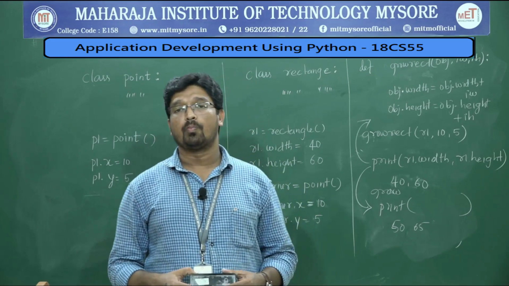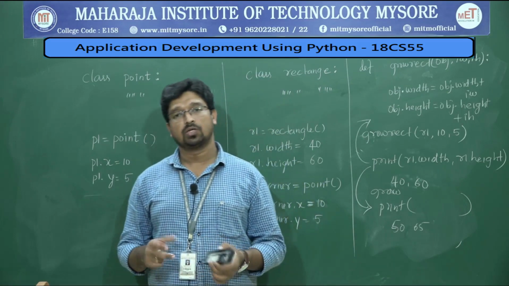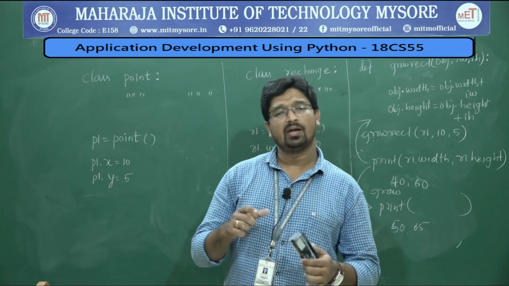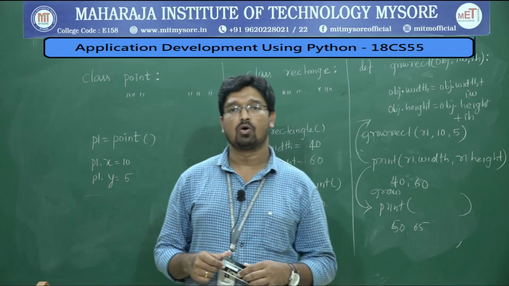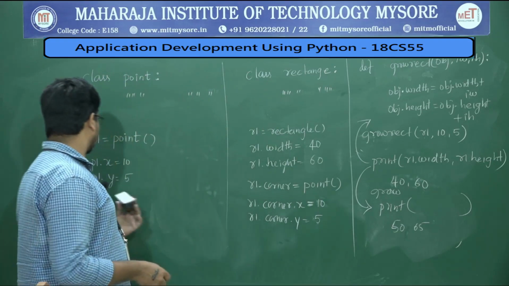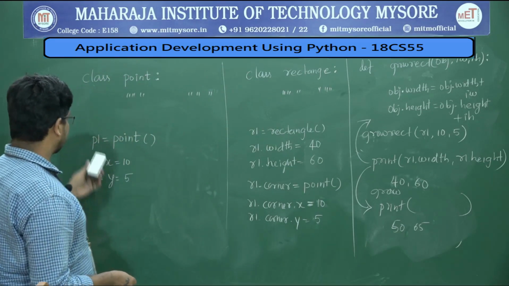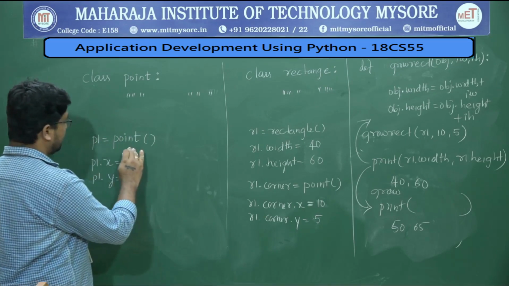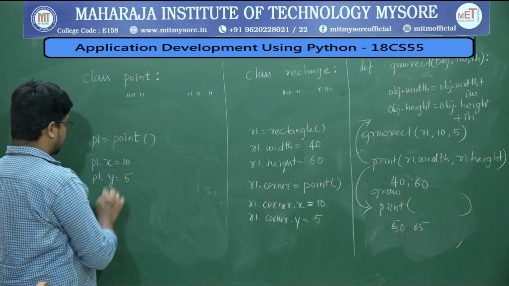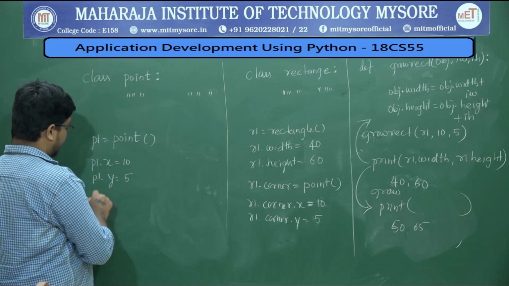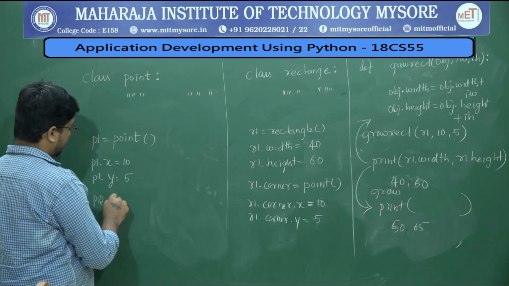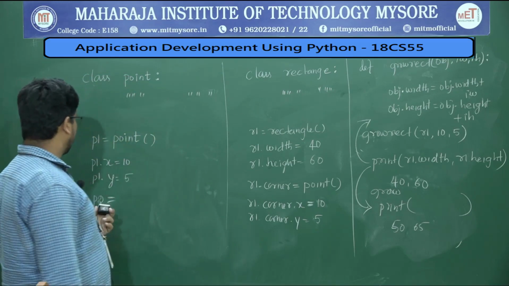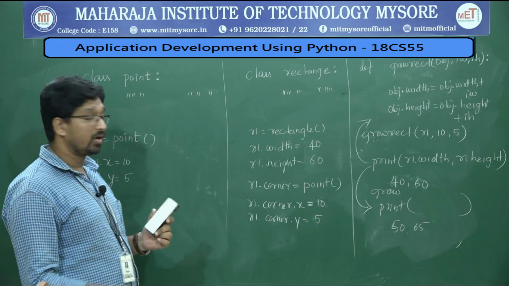Okay, next we have copying of objects from one object to another object. There are two types of copy, shallow copy and deep copy. We will discuss shallow copy and deep copy. Let us say I have a class called Point, then I have an object called P1 where P1.x is 10, P1.y is 5. Let me consider an example point. So we have copying of an object from one to another.